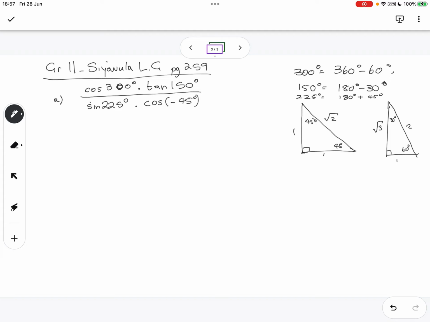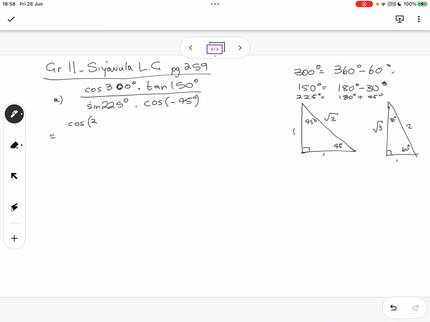So when we think about the 225 degrees as 180 plus 45, then it takes us to a specific quadrant, but it also makes us be able to work with a special triangle that has 45 degrees. Just as 150 degrees can be written with regard to 30 degrees, and 300 degrees with regard to 60 degrees. So when we simplify, then we can have